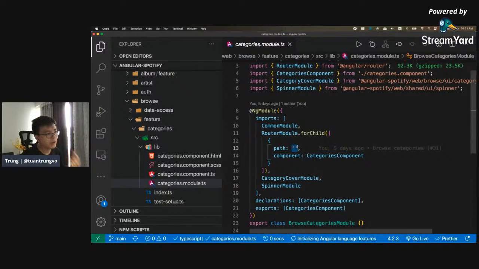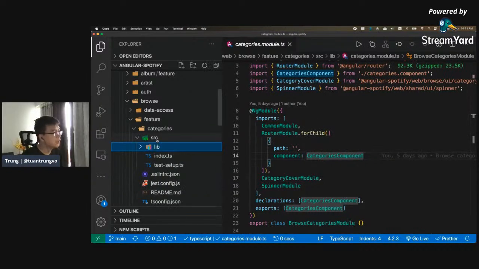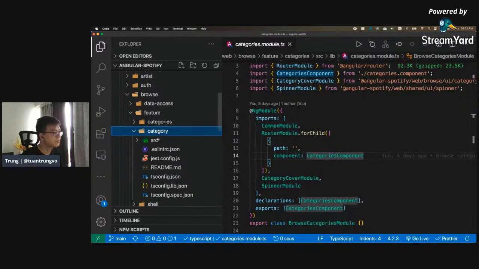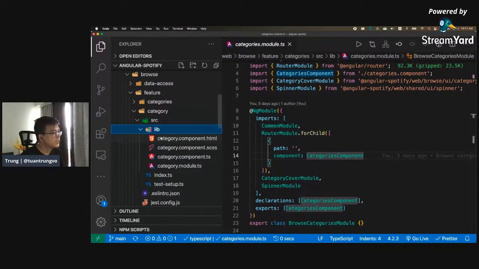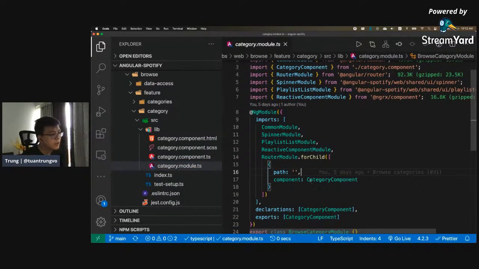So when you go to browse, it will load the empty path, and then it will just render the category component. And if you go into the category, you will see the same pattern. When it goes into the empty path, it will take the category detail,